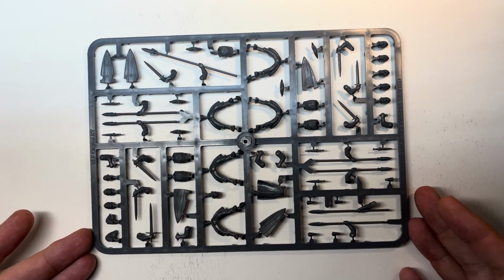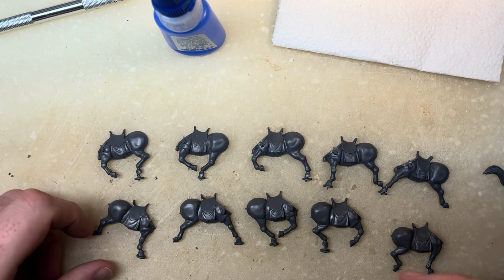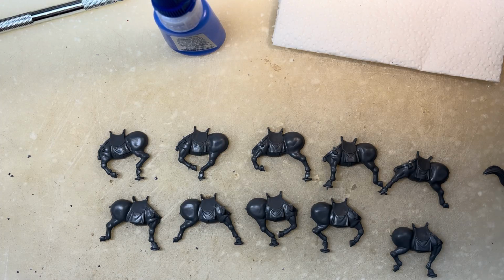I want to assemble some of these figures and we'll see how they all look. Alright, so I figured something out with the horses that I wanted to share because I found it to be very clever. And I mentioned there was the lettering system that's on the horse sprue, that if you wanted to just follow the letters, like keep all the A pieces together, you can have unique horse A, follow B, C,